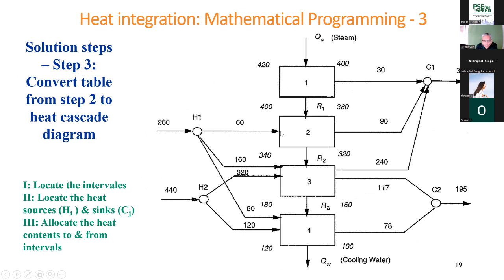H1 heat is distributed to interval 2, 60, interval 3, 160, interval 4, 60. And similarly this one, and similarly this is the heat sink. From here, interval goes to C1. C1 gets heat from intervals 1, 2, and 3. C2 gets heat from intervals 3 and 4. So from this diagram,